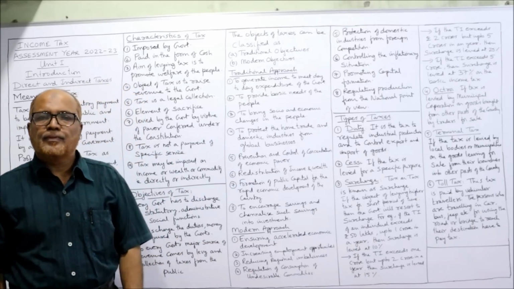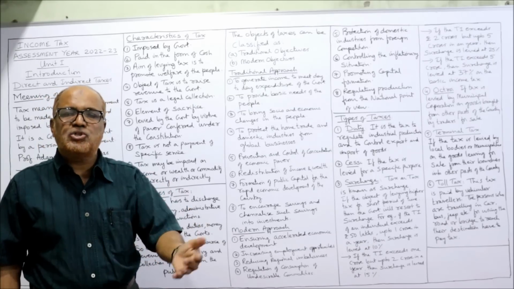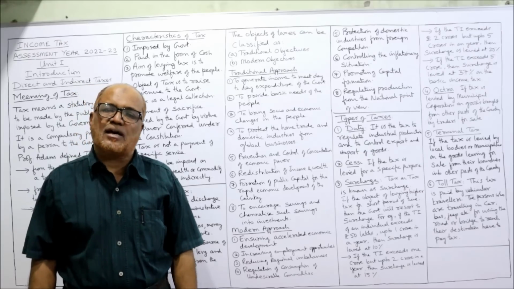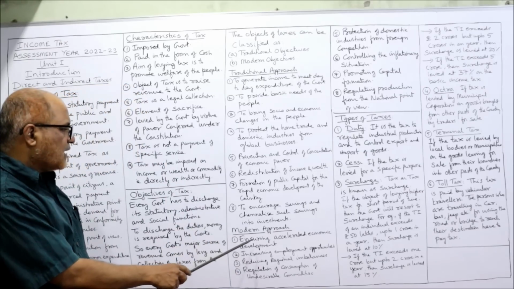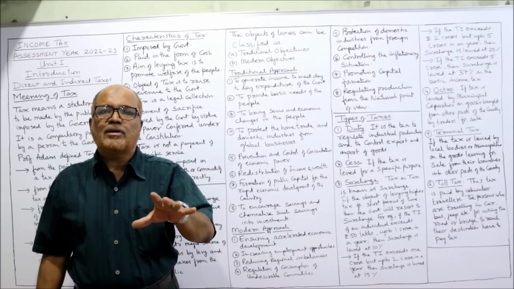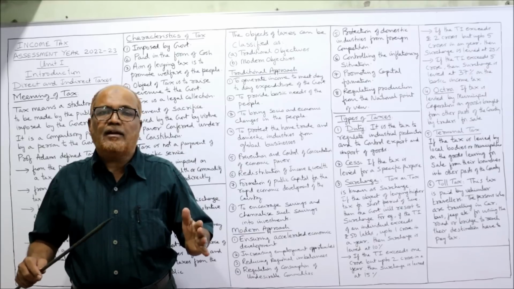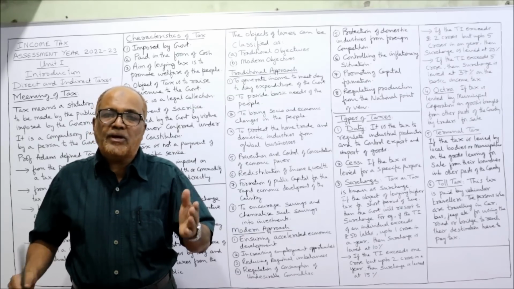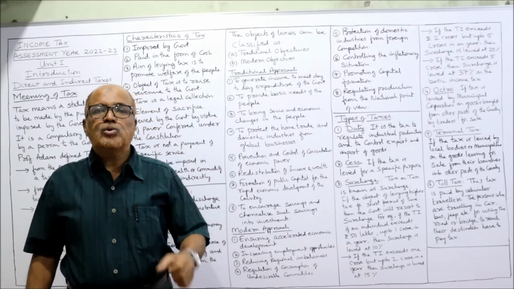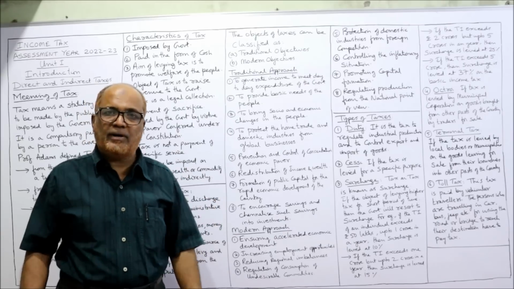Now the modern approach. In modern days, in the present days, the approach has changed. Earlier, these were the objectives why tax was collected. But right now, the first one, ensuring accelerated economic development. We want only economic development. We want accelerated economic development. That means the speed, the pace of development should be high. Our development should be at a higher speed. To speed up economic development, the government will implement the tax.